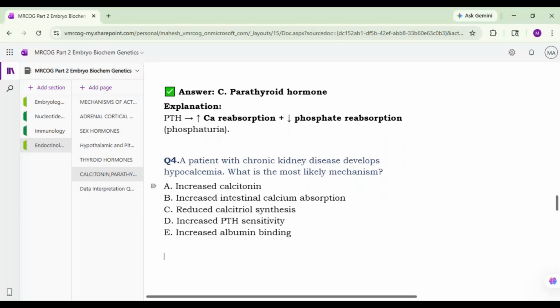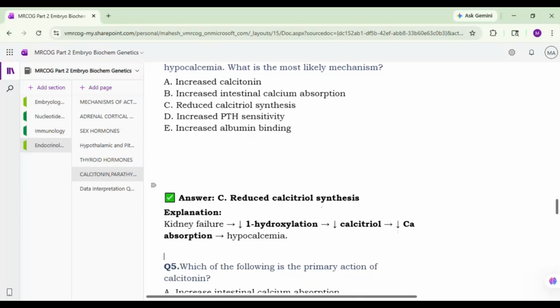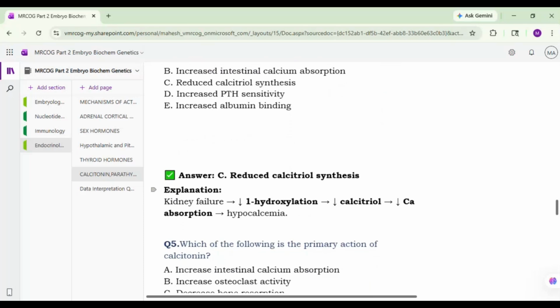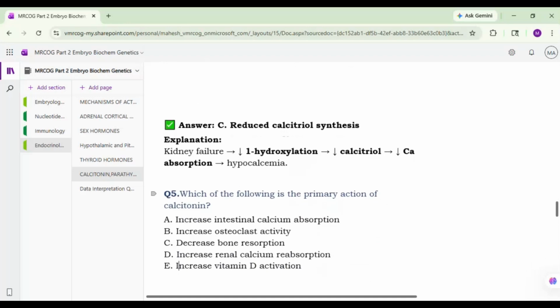Next. Patient with chronic kidney disease develops hypocalcemia. What is the most likely mechanism? Increased calcitonin, increased intestinal calcium absorption, reduced calcitriol synthesis, increased PTH sensitivity, increased albumin binding. Sir, option C, reduced calcitriol synthesis, because final stage of hydroxylation happens in the kidney. So the first is in the liver, second is in the kidney. So kidney failure will lead to reduced 1-hydroxylation, leading to decreased calcitriol, leading to decreased calcium absorption,